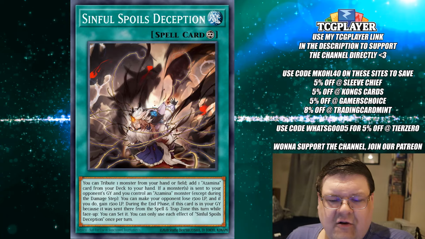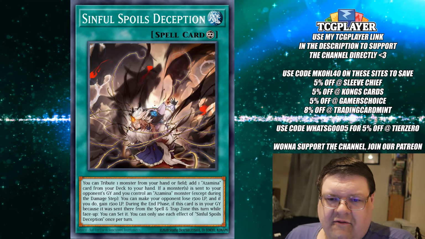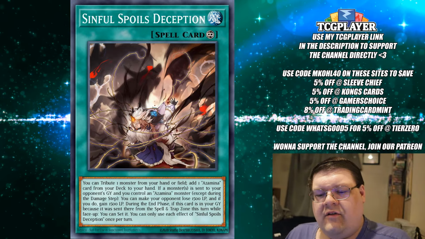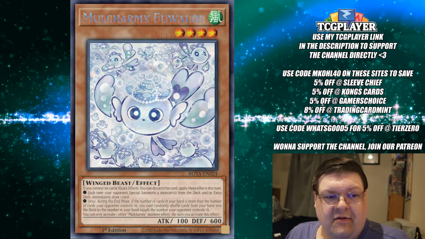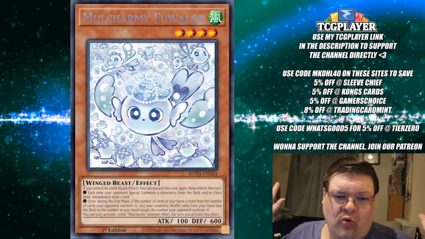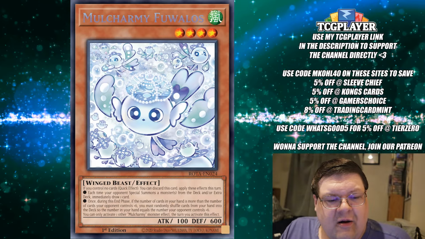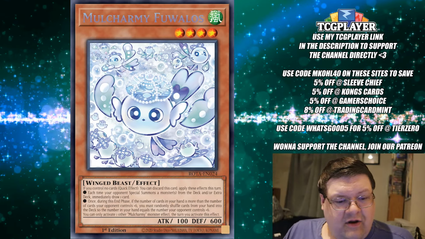Once you see this, you're essentially just good to go roll the Omnis every turn. Unfortunately, you're dealing with Wanted 2.0 here. I don't see a world where we get away with this relatively cheaply. And then the Mulcharmy. I mean, who expected Fuwalos to not be the most expensive card? But if you control no cards, quick effect, discard this card and apply these effects. So each time your opponent